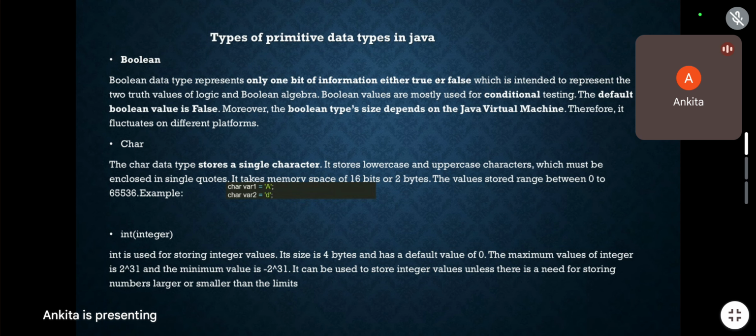It takes memory space of 16 bits or 2 bytes. The values stored range between 0 to 65536. Next is integer. Integer is used for storing integer values. Its size is 4 bytes and has a default value of 0. The maximum and minimum values of integer are specified. It can be used to store integer values unless there is a need for storing larger numbers or smaller numbers